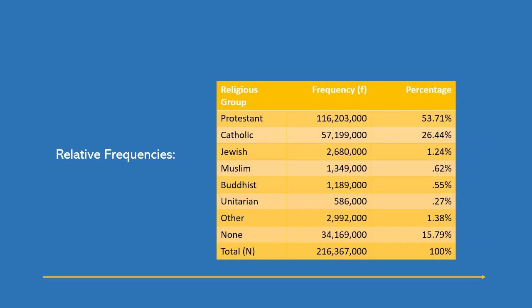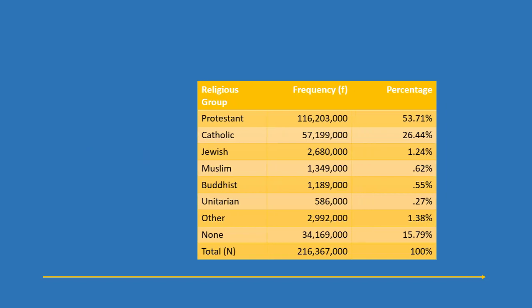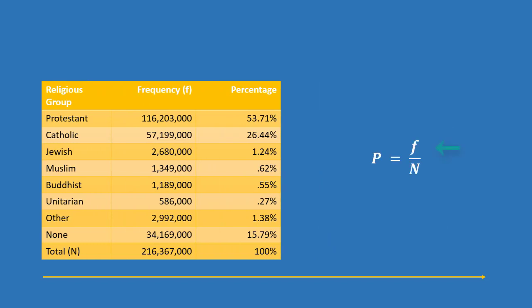And we have that right here. Although the number of Jews is rather large, 2,680,000, Jews, as this table shows, represent only a tiny fraction of the total adult U.S. population. How do we compute these percentages? A percentage is, of course, simply the number of cases, F, in the category of interest, divided by the total number of cases, N. For the Jews, we have 2,680,000 over N, which is in this case